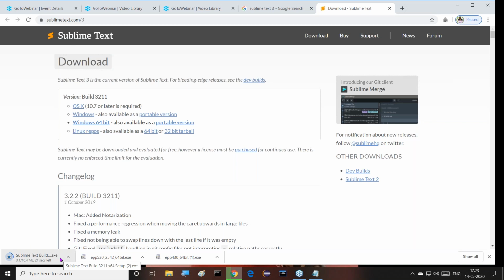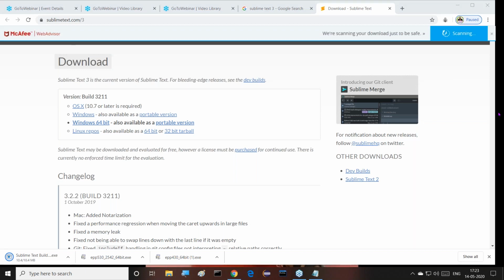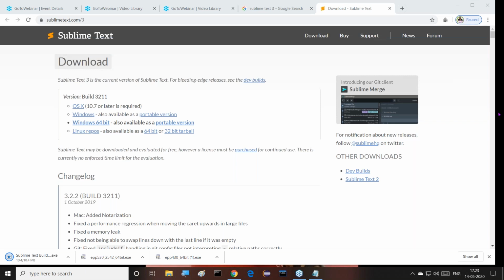10.4 MB is available. Just wait for it. Once it is completed, then I will start the installation process. It is very simple to install this version, sir. Sublime Text. I think in the core Java classes I already showed that. If you already have Sublime Text, everything is available. Already it's available in our system. It's not required to reinstall. I showed in core Java classes how to install Sublime Text and how to use it previously. Right, sir.